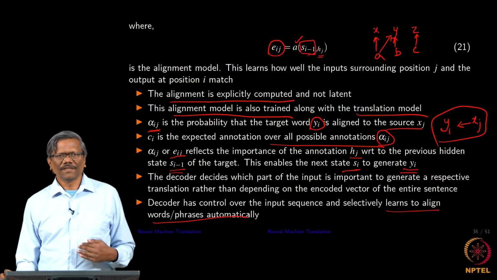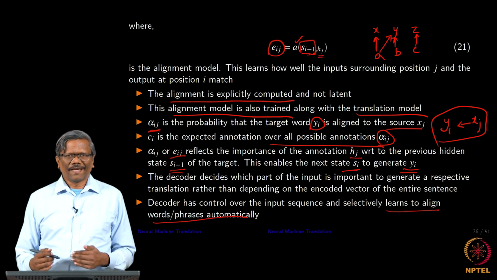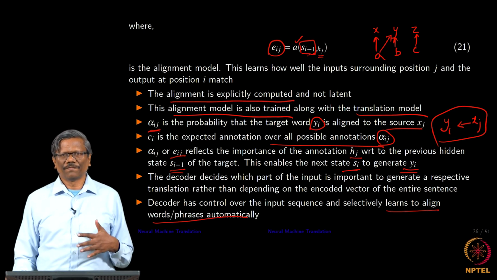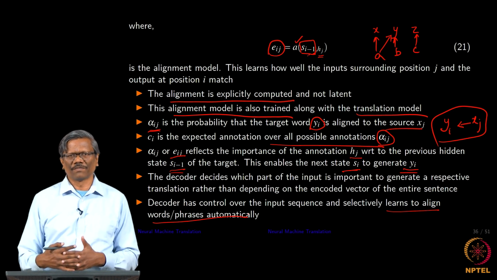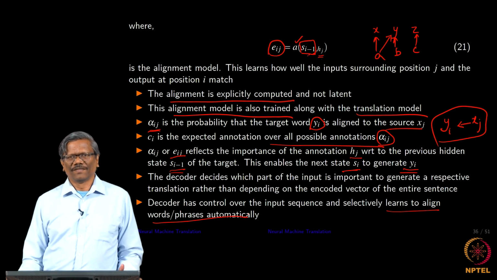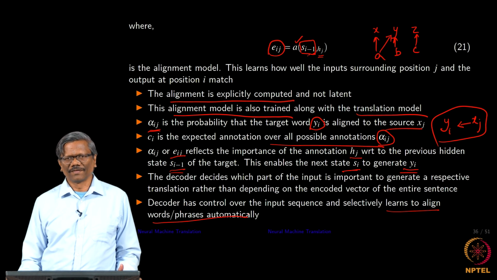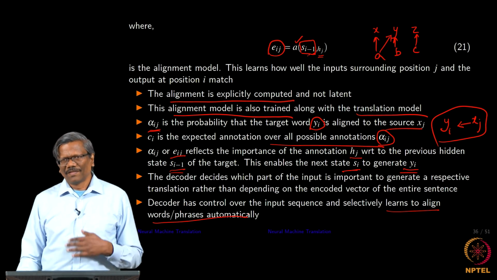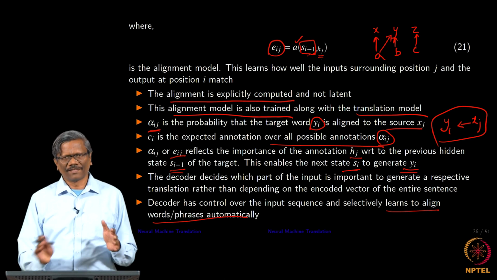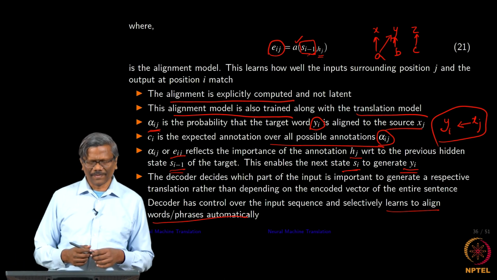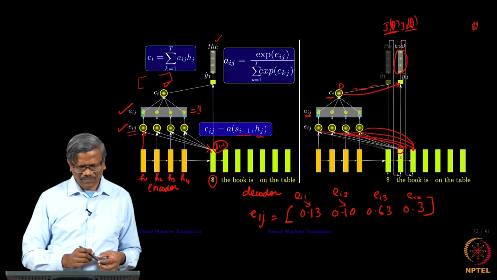So, again, for you to get to this level, we need to have a very huge corpus, right. Then only the patterns would become very clear to the machine. During the machine learning cycle, the patterns will start emerging clearly for this system, and it starts to align automatically. All right.